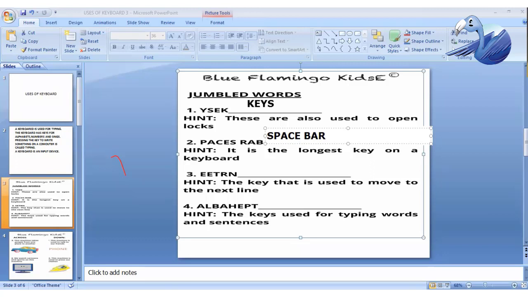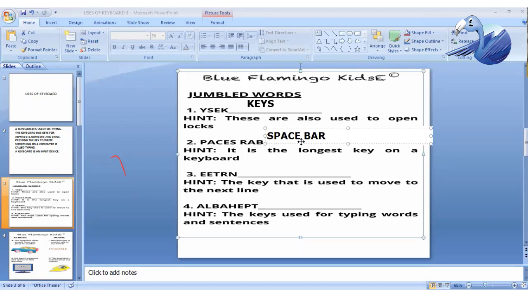Now the next one: the key that is used to move to the next line. Suppose I am on the first line and I want to move to the second line. Which key should I use? I should use the enter key.